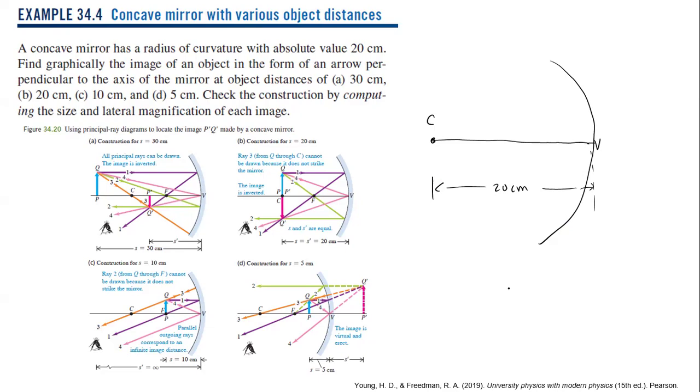So we will use the graphical method. For the first part, A, the object is located 30 centimeters. So this is the affirmation. But how about you try this one using your ruler and protractor. So this is actually S is equal to 30 centimeter. Okay.